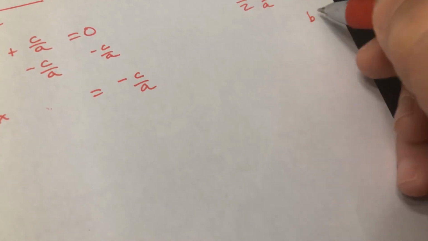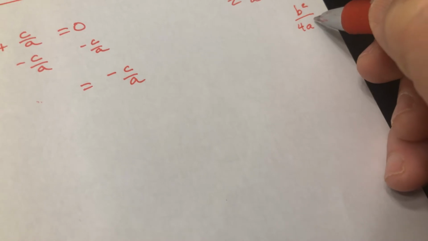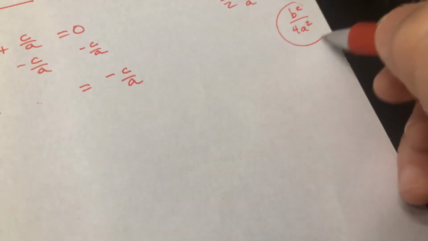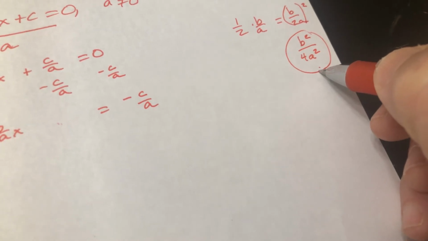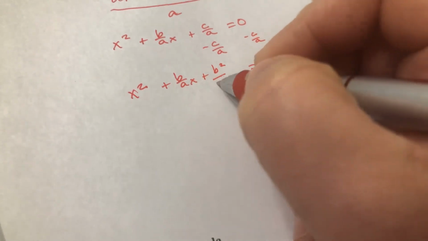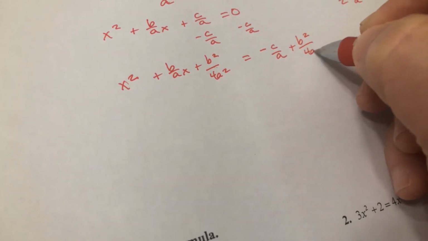So when I square the b, I get b squared. When I square the 2, I get 4. When I square the a, I get a squared. So that is what I'm going to add to both sides: b squared over 4a squared. So I'm going to add b squared over 4a squared to the left side and b squared over 4a squared